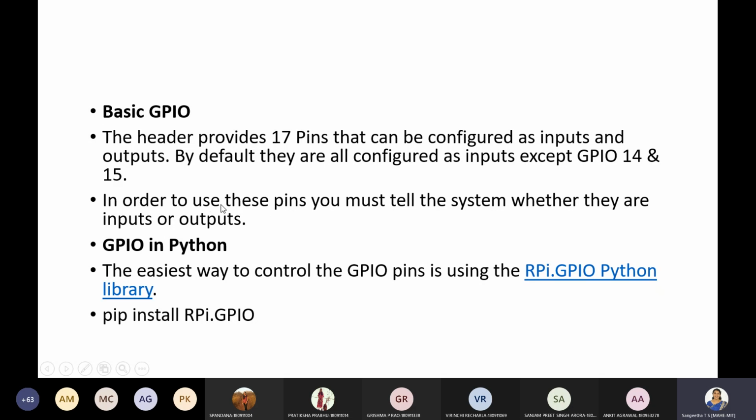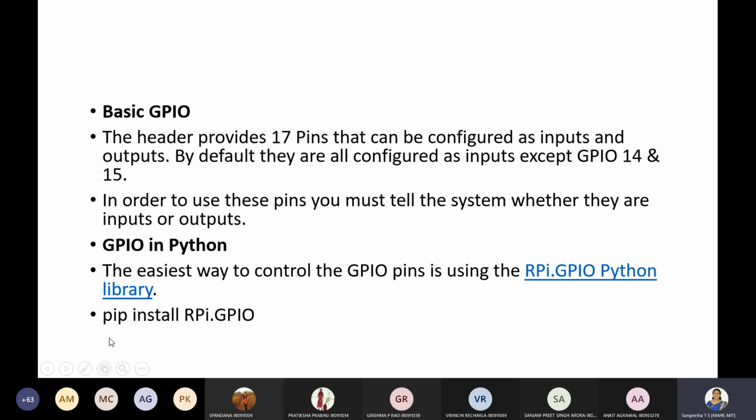Now, in order to use these pins, you must tell the system whether they are input pins or output pins. Basically, you do all this with the help of a Python library for general purpose input output. You can make use of RPi.GPIO, and you can install it into your system using the command pip install RPi.GPIO. I hope you can understand what I'm saying.